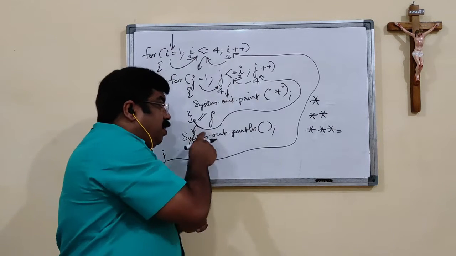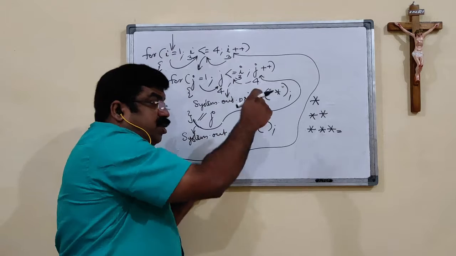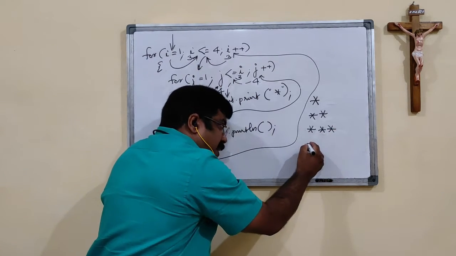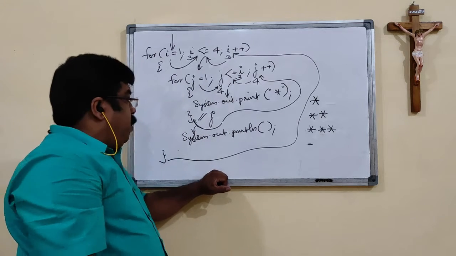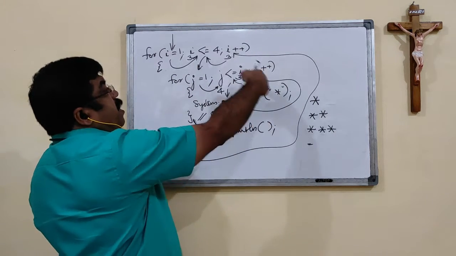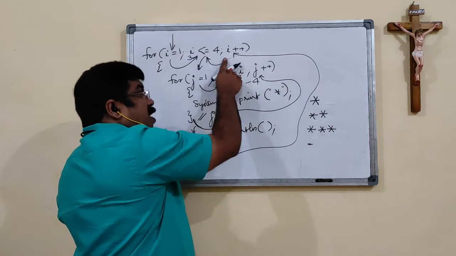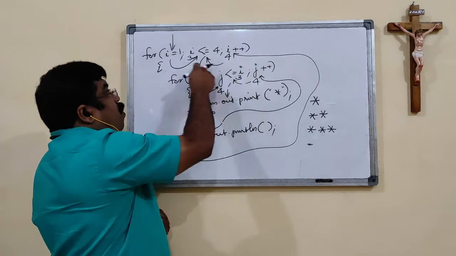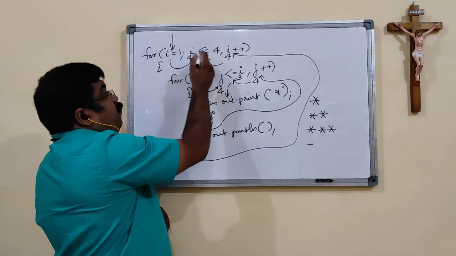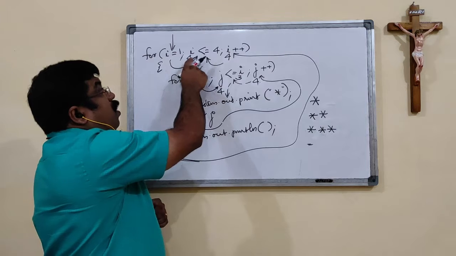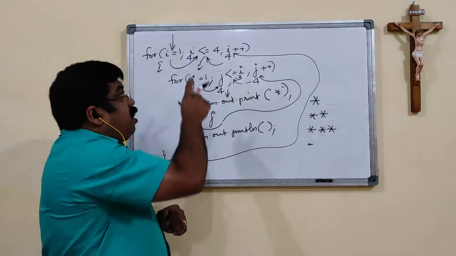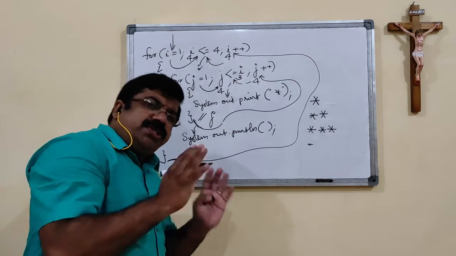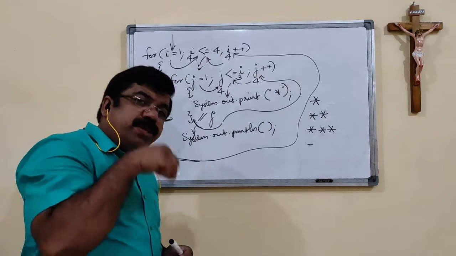What is the next line? System.out.println, which is used to advance the cursor from there to the next line. Yes, the cursor came there. Now our I is getting updated again. I, which was 3, is incremented to become 4. Now checking the condition before executing the body. 4 less than 4 is false, but 4 is still equal to 4. The condition is true. Since the condition is true, it is going to execute the body.